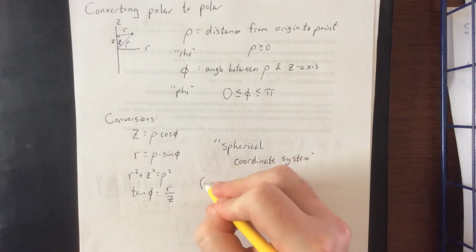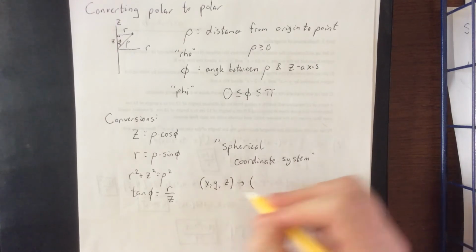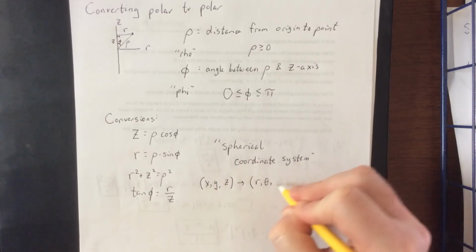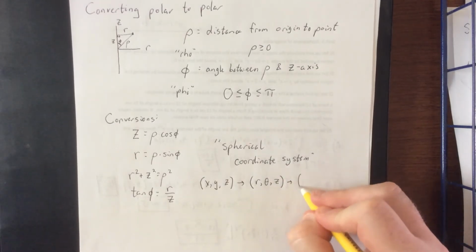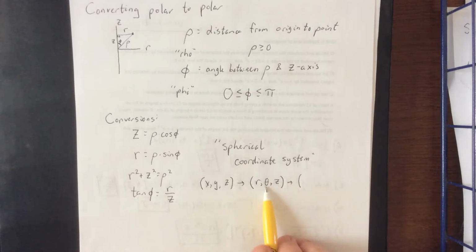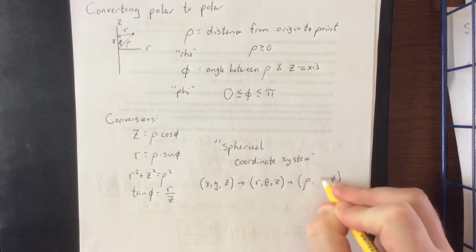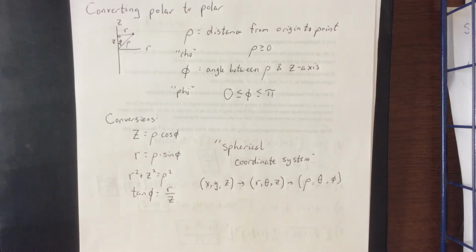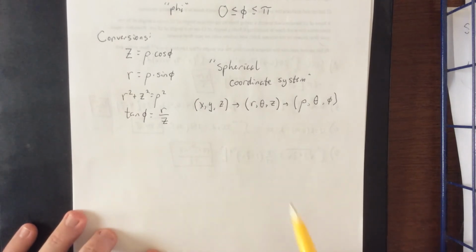So that means that in our rectangular coordinate system, an ordered triple would be x, y, z. Taking the x and y and converting those, we would have r and theta in place of x and y. Then what we just did is we left theta alone, and we took r and z and converted those into rho and phi. Now, my understanding is that usually you just let the angle stay where it was in the first place. However, it does vary from textbook to textbook the order in which you put these 3 variables. I'm going to double check ours and make sure that I'm putting it in the appropriate order. Now with that in mind,